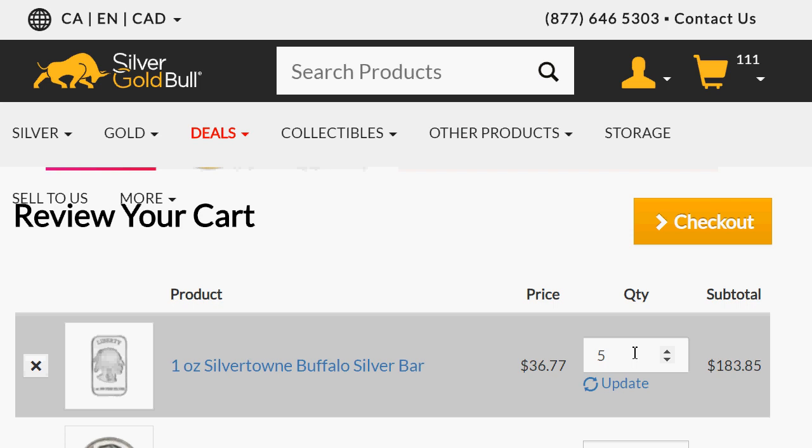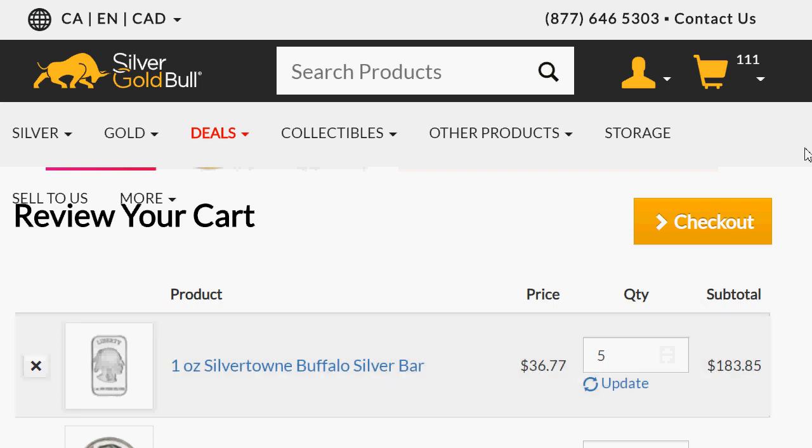I'm trying to think in my head how many. Right now I've been sorting my silver recently for the first time in a long time. Most of it is because I'm just reorganizing my silver. And a lot of what I have is a very good variety. I got a good amount of bars: 1 ounce, 5 ounce, 10 ounce. I got 1 kilo. So I like to have a good variety of different things.